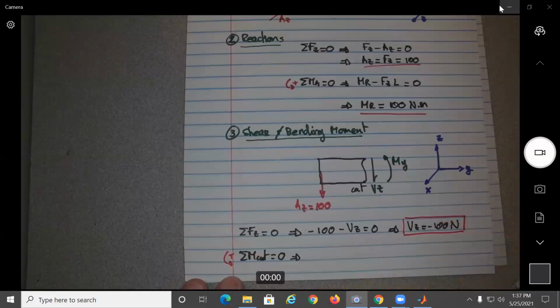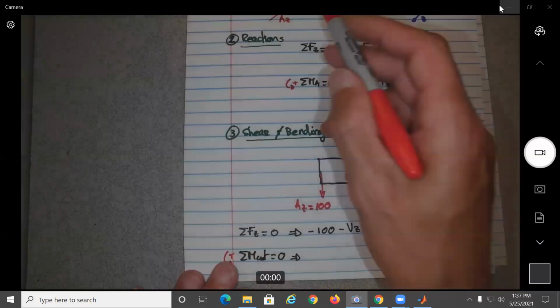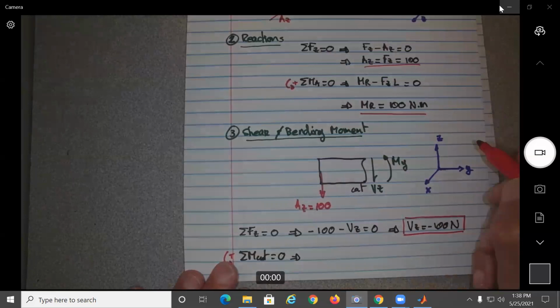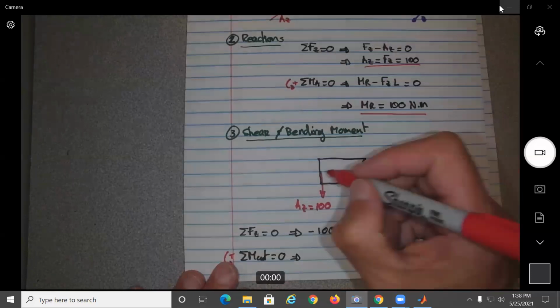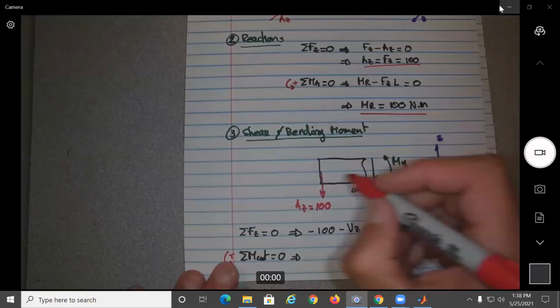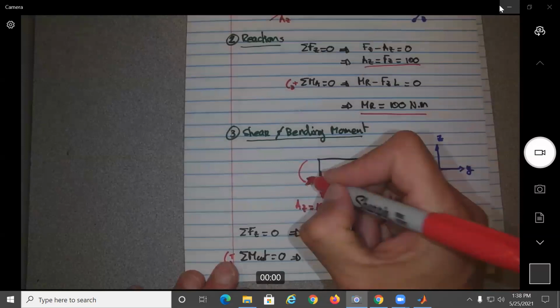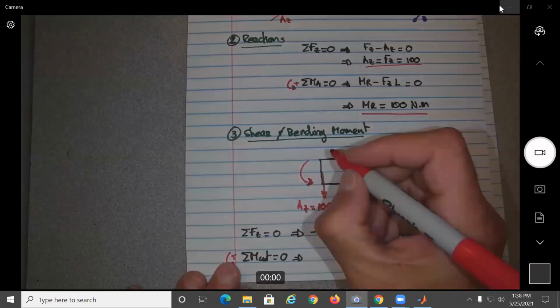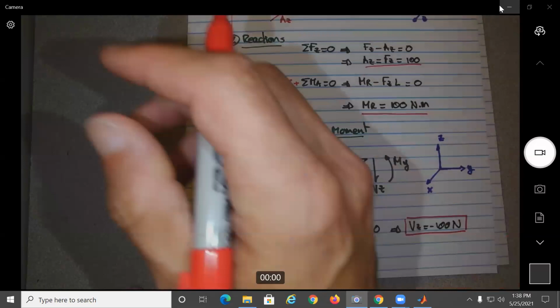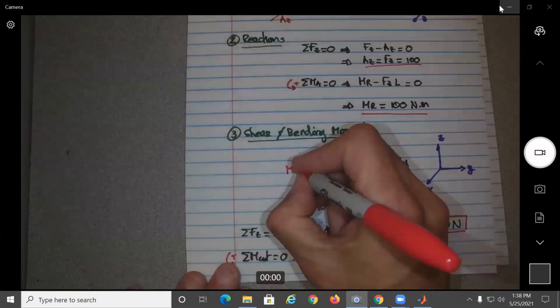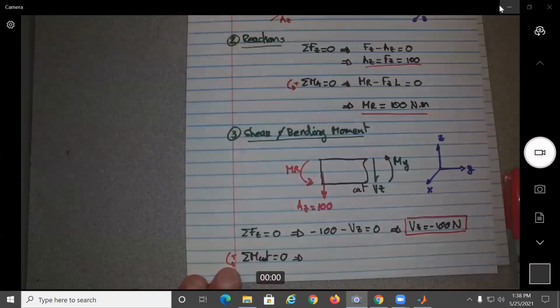I forgot to do something here. What is Mr? Mr is positive about the Y. So if it's positive we'll go counterclockwise. I forgot to put it on this figure, sorry. This will be an Mr. So it will give us, let's see if that's correct, Mr